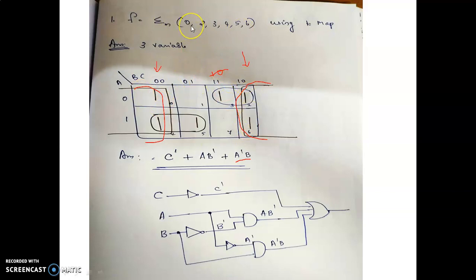So the location 0, that is the min term 0, 2, 3, 4, 5 and 6 gets the value 1. We got the value as 1. The remaining cells will have the value 0. We don't need to plot 0 into the K-map. It is understood. You need to plot only the ones.